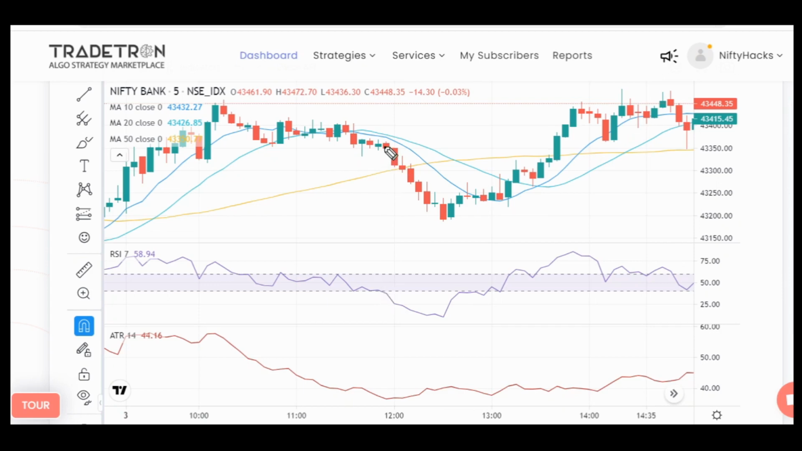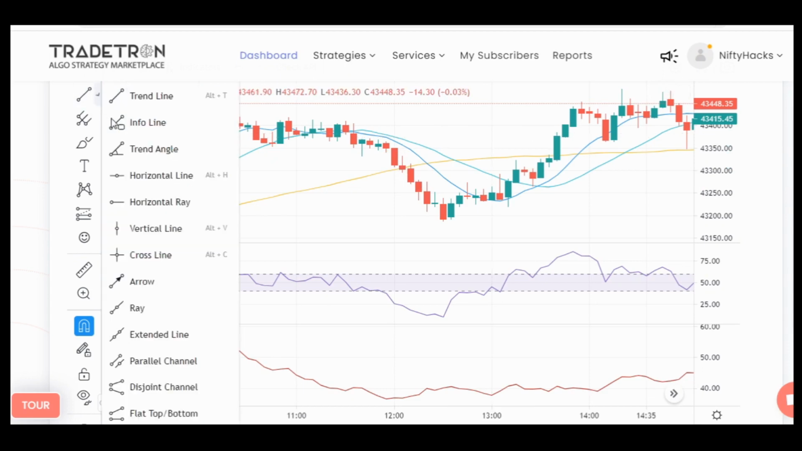RSI 40 level, it will be our level to check if the next candle or any other candle after that RSI crossed below 40, its high should be above that trigger candle low. So now this candle crossed below RSI 40, and if you check the high of the candle,